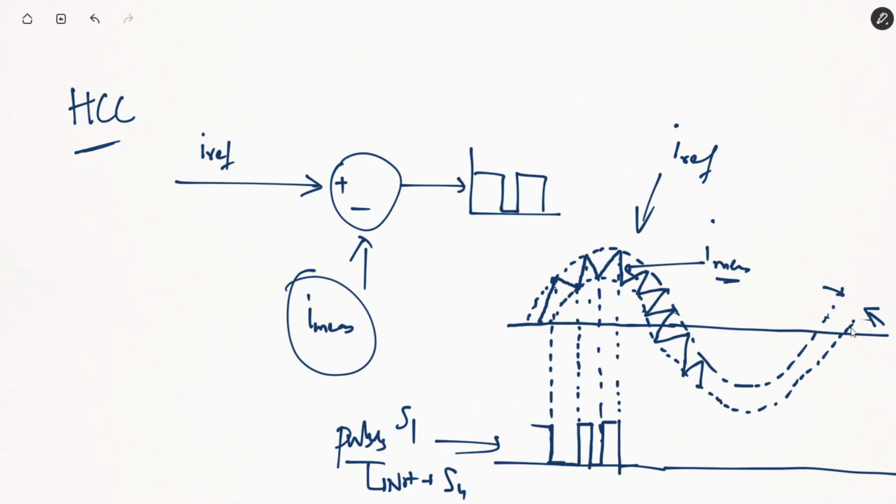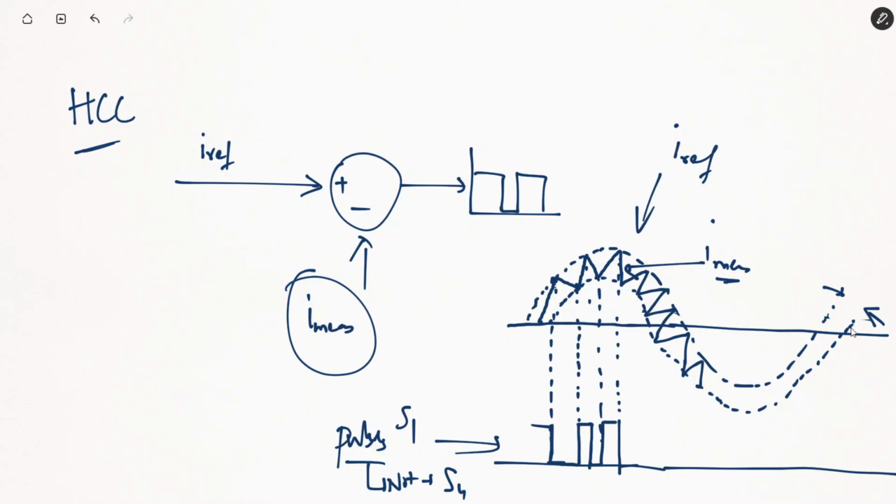Fine. So this is the logic of hysteresis current controller. Using this logic, we can generate the pulses for the inverter. Now we will be comparing the current references of all the three phases for the 6 switch inverter. Okay, so you can see that current is rippled. Accordingly, torque will also be rippled since torque is directly proportional to current, and that means our THD in case of this system will be much poorer as compared to a voltage controlled device. So that's the disadvantage associated with current controlled scheme.